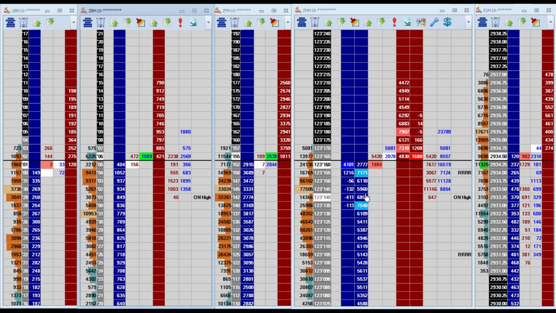I think the pullback here to the overnight high in the 30-year was the trade. We might get into a situation where we just